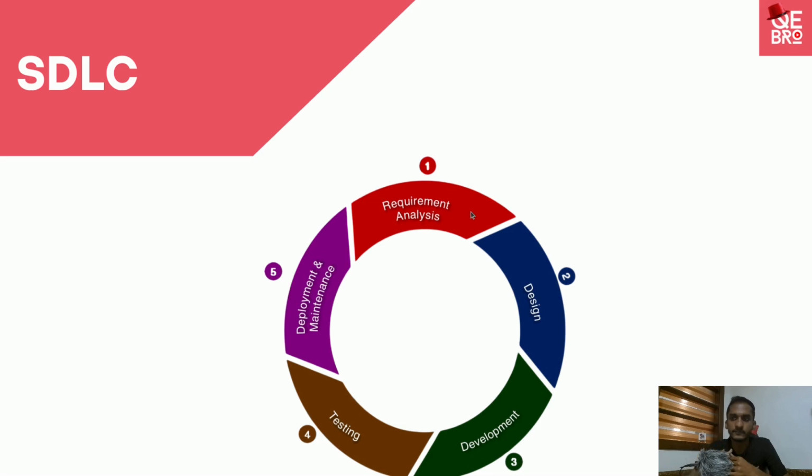There is a mismatch. So to reduce or remove those mismatches, first we start with the requirement analysis. If you do a perfect requirement analysis, you will be able to grab all the requirements your client needs. After you have finalized the requirements, I will start with the waterfall model, so I think it will be easy. After the requirement analysis phase is done, we move to the design phase.